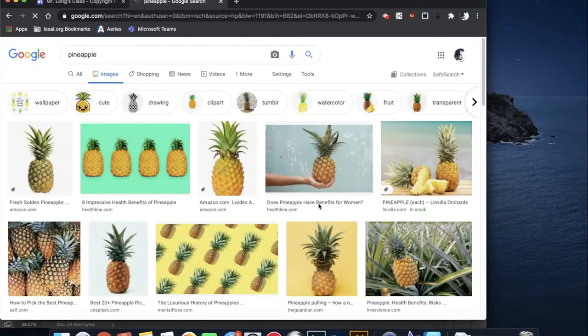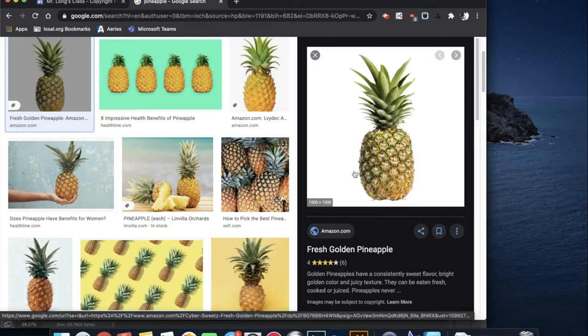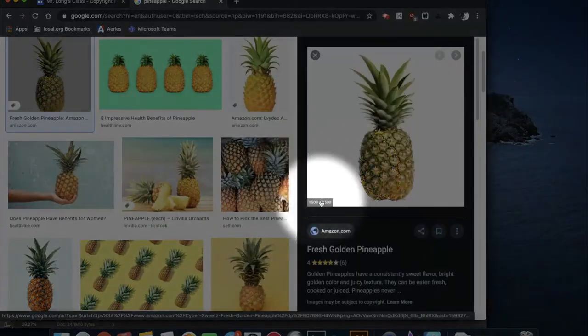So I'm going to choose a pineapple because it's a mixture of detail as well as simplicity. Now, here's one pineapple. It's a decent one. It has a simple background. And this is actually a very good image. The reason why I can tell is if I look down in the bottom left-hand corner, you can see that